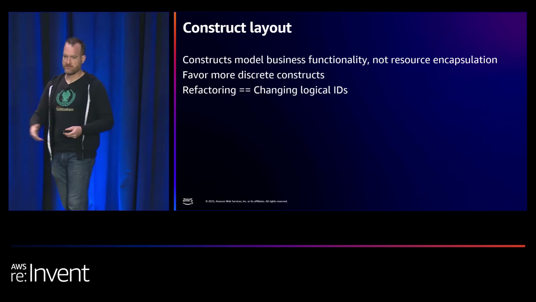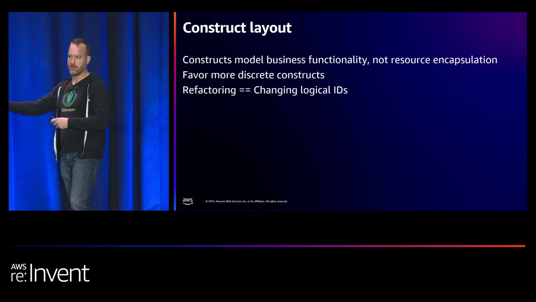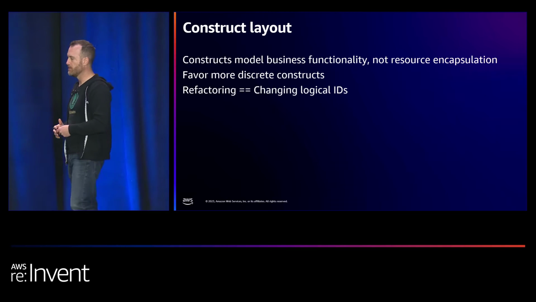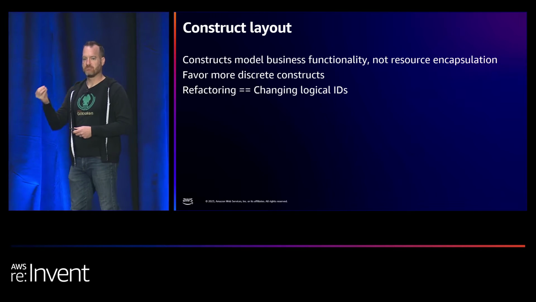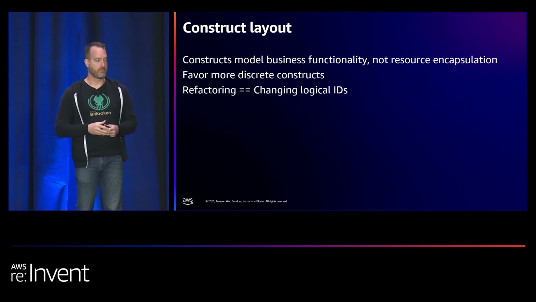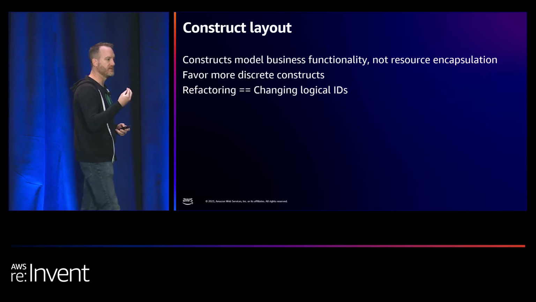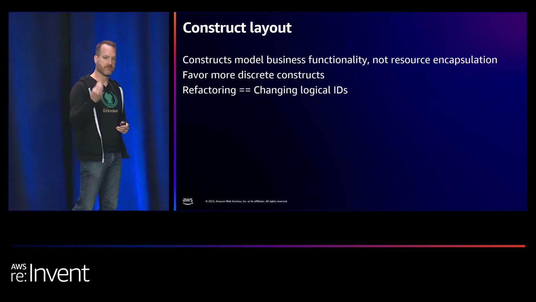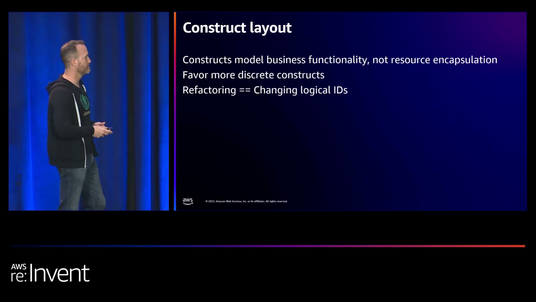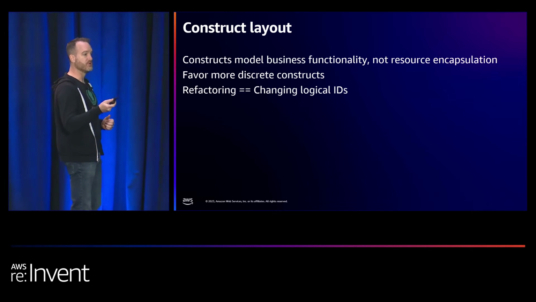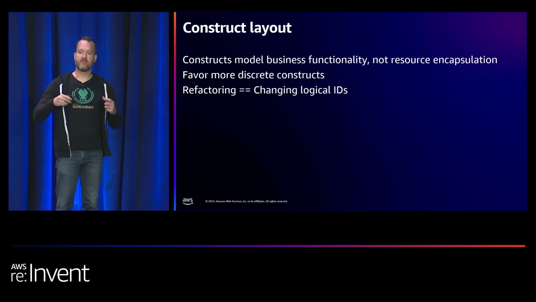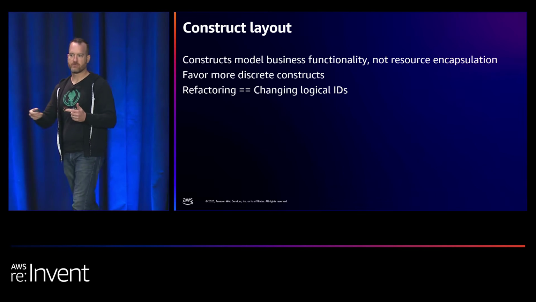They can stay in the same repository. You don't have to put them into a separate library and package them and distribute them. But they're supposed to be representing business functionality unique to your problem. So they should be small, they should be discrete, they should be reflective of your particular project and your particular business. And I recommend you do this early and often, because if you decide later to do this work, to